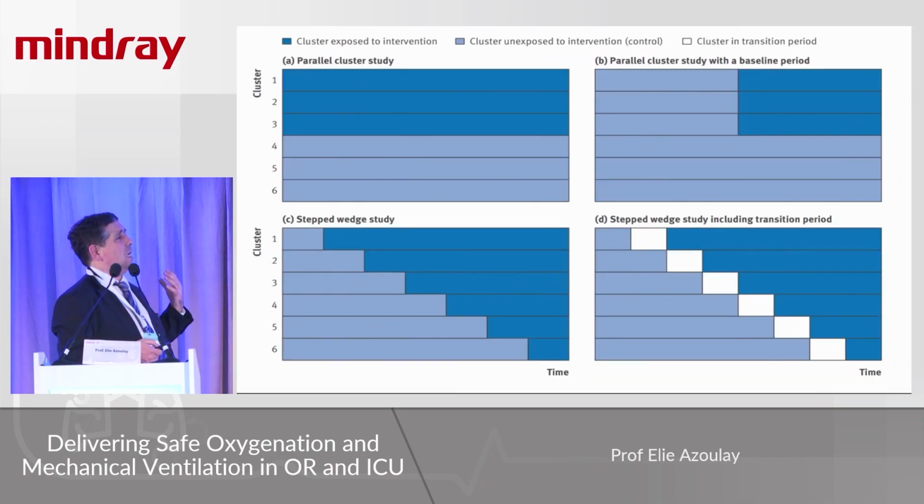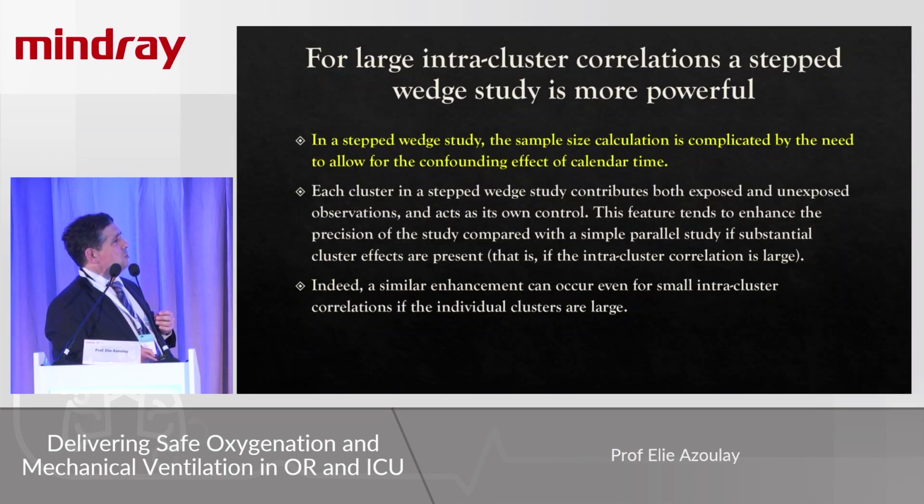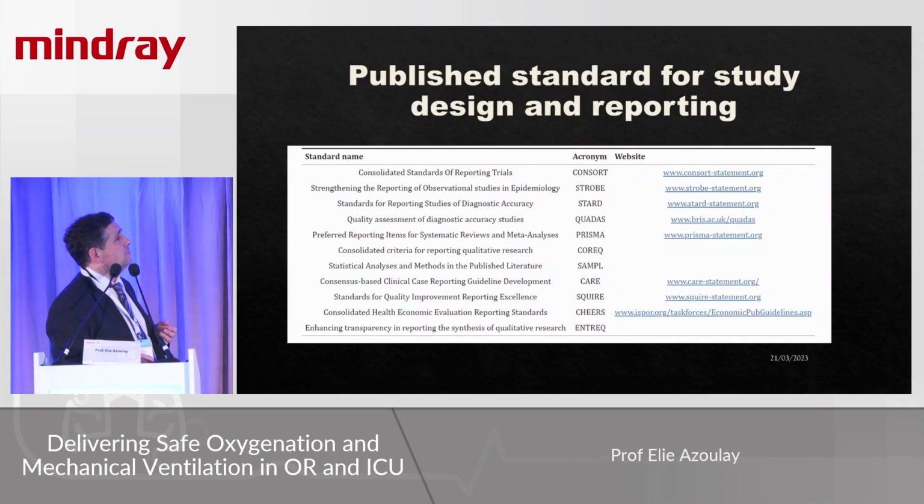It's very pragmatic. And of course, you are not having a parallel cluster like in the upper part of the slide, but you are going to have a stepped wedge. So you are going to estimate when the patients are going to start the intervention. It's a before-after study, but with a randomization of the time when patients in each cluster are going to be part of the intervention. It costs patients. So you are going to have much more patients in this kind of RCTs than in the classic or in the parallel cluster RCTs. Because of the intra-class correlation, you need to increase to keep the same power.